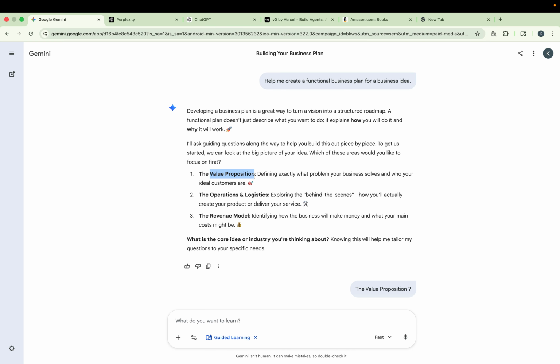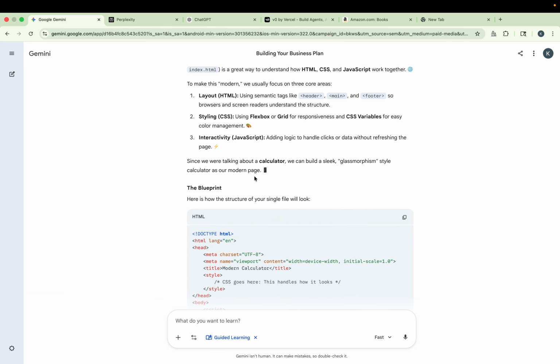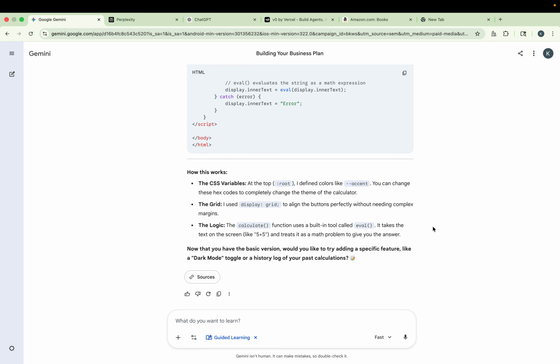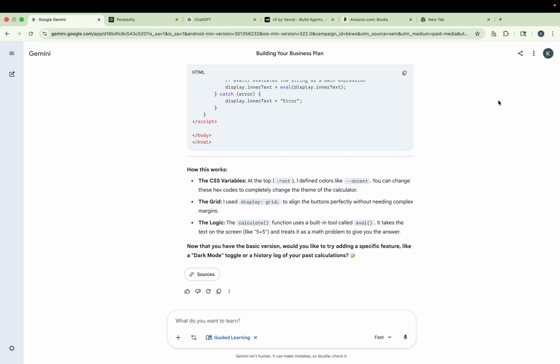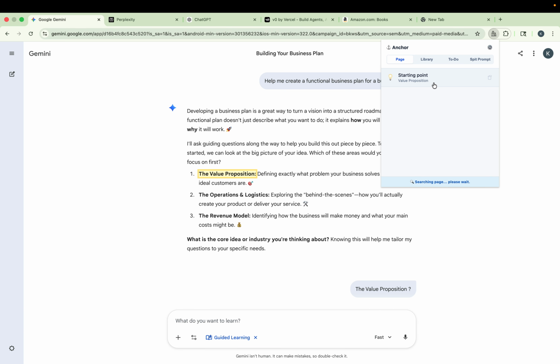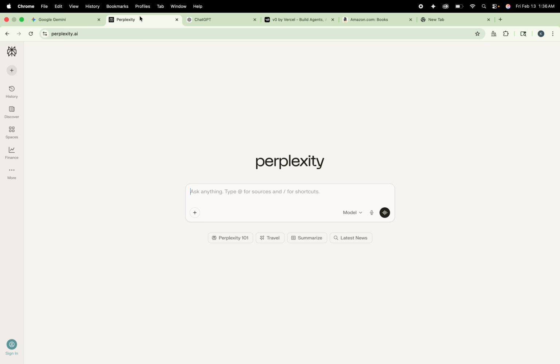So even before I started working on my research, I clipped a location. I knew I would be going deep into this thing. So I went down deep. I did deep research. I have a bunch of text here. So if I want to scroll back, I no longer need to scroll back again. I'll just go to my extension and click on this starting point clip where I initially clipped the location. So when you click on this, it will scroll to that location and highlight that specific point where you clipped that. So you can add n number of clips in the chat,